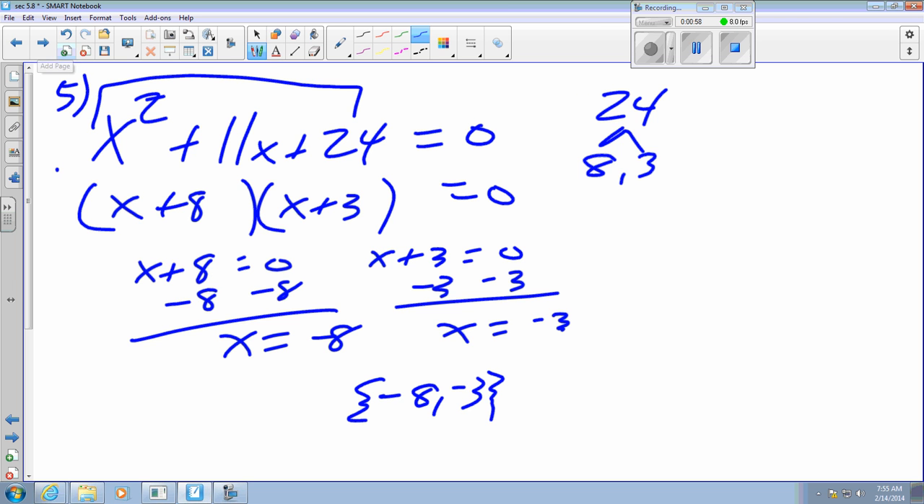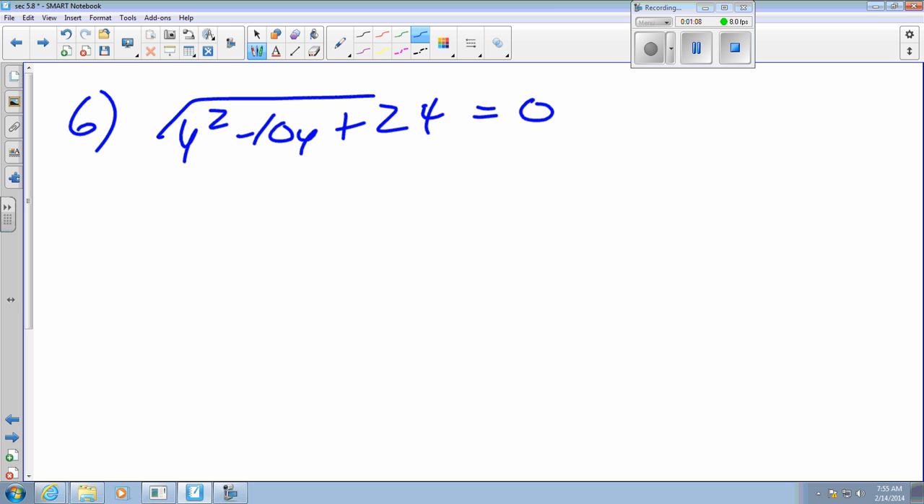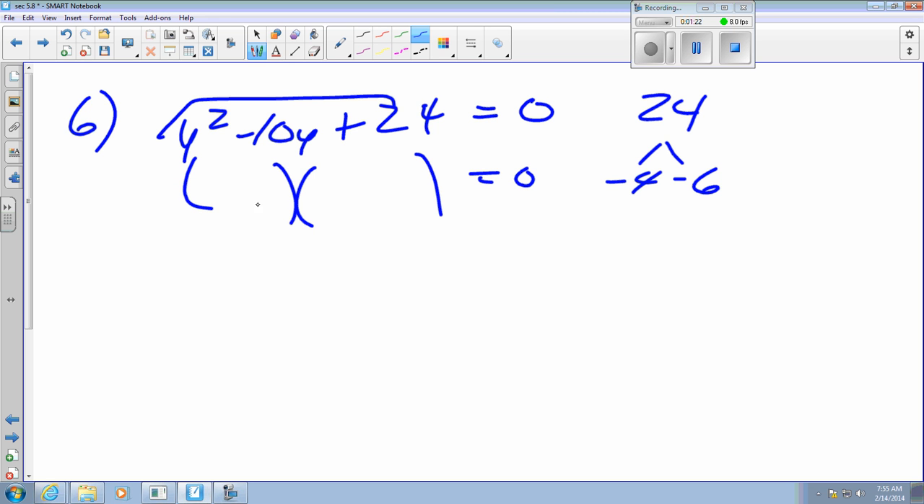The next one we're going to do is number 6. We have y squared minus 10y plus 24 equals 0. Again, I do AC. I have 24. My factors of 24 that add up to -10 are -4 and -6. So since there's no number in front of the square term, I'm going to write y minus 4 and y